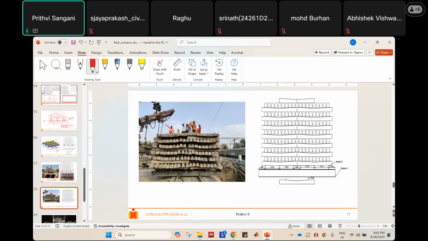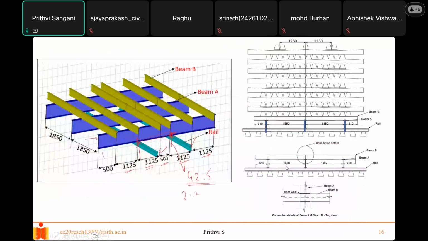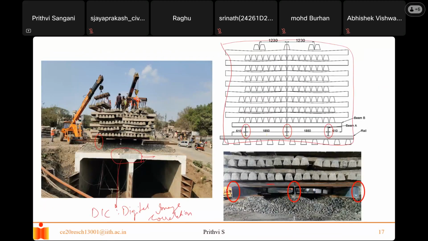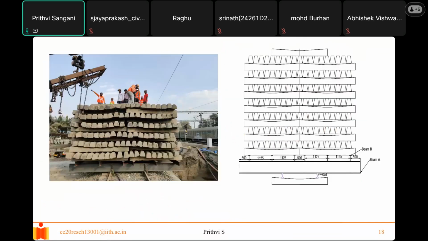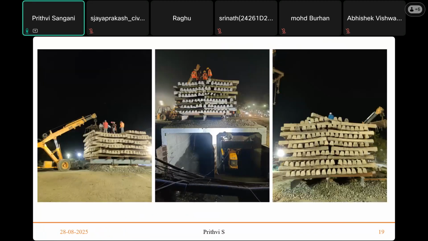So let me keep it in full screen. Yes, you can see it here. Here also we stacked it. Now we are just simply stacking, right? Then how do we know whether it is going to take the given loads, or whether it is safe or unsafe? How do we justify that? So for that we have placed some